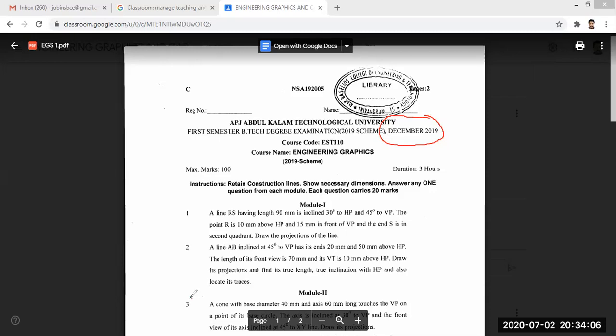Also make sure that you mention the question numbers. If this is question number 3, then you have to enter the question number as 3. And remember, this is important. You have to enter the year. If the question paper is December 2019, you have to enter December 2019. So this is your final course assessment of CAD using Fusion 360.